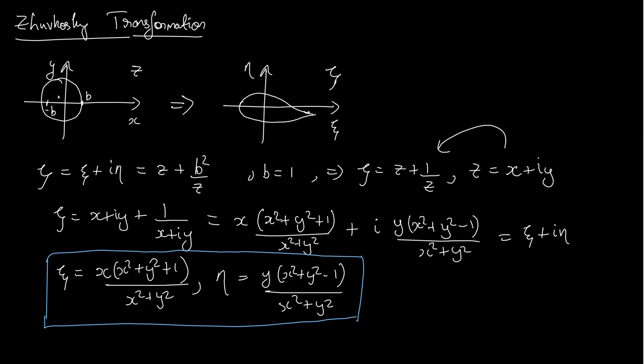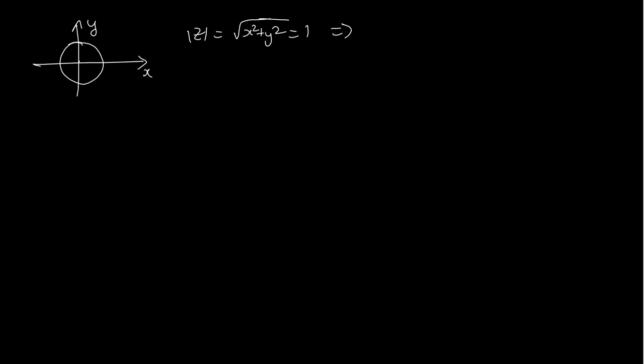let's take a very simple example here. Let's take an example of a unit circle. Let me quickly draw the circle. Let me take the example of a unit circle with center at the origin. So this I can write as mod z equals root of x square plus y square, which is 1. And this is the equation of a circle. Mod z equals 1 is the equation of a unit circle with center at the origin. This will give us x square plus y square equals 1.